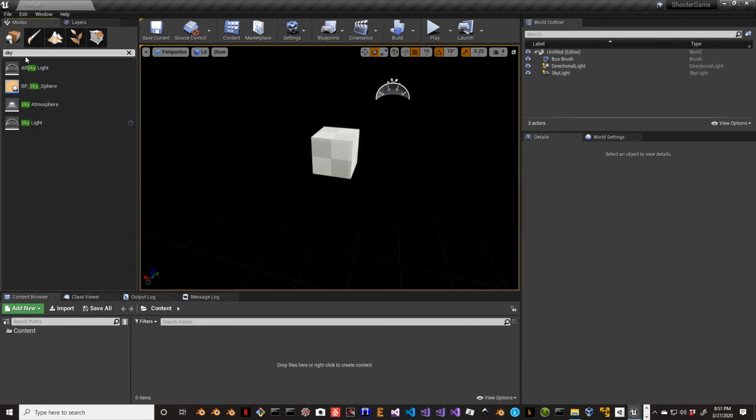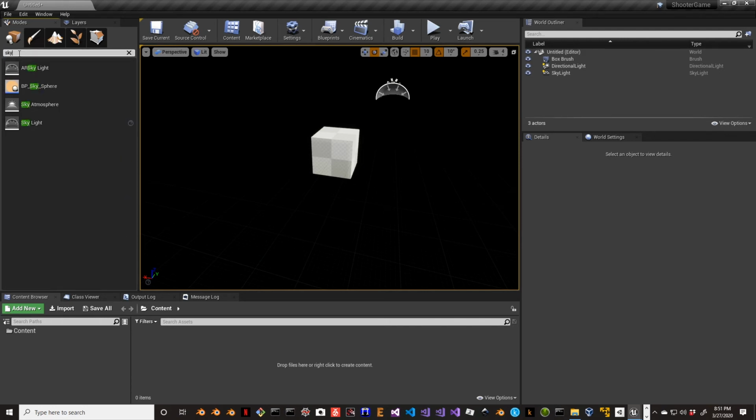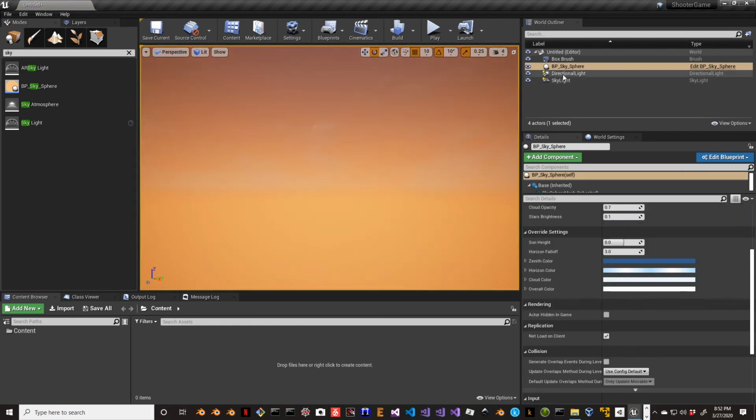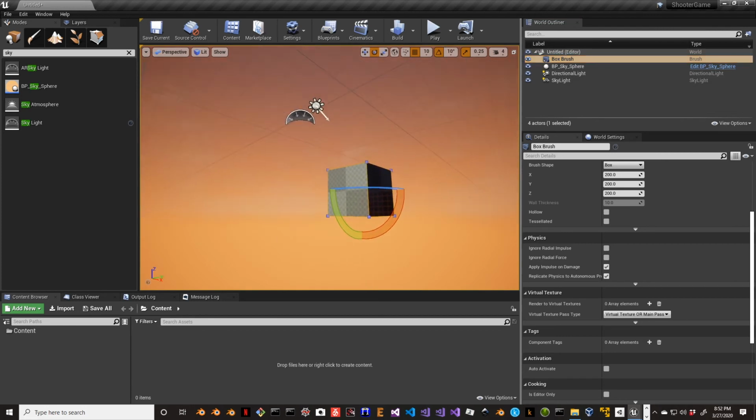So the next thing that we want, we just go up here and type in sky. We'll find here this blueprint sky sphere. We drop this in. For now, what I want to do is just go to my box brush that I've got here, and